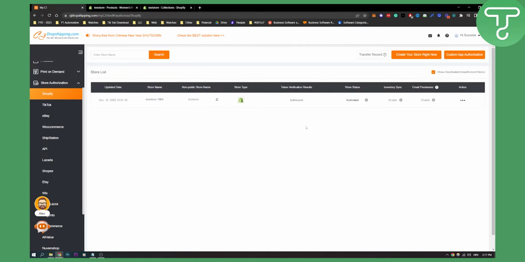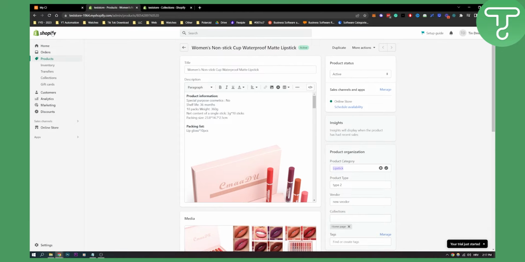TikTok is just a marketing channel, but you will need a storefront, a store that you can send people from TikTok to, right? You will need that, and probably the best way to do it is through Shopify. So as you can see, we have Shopify right here, and what you can do is go to your apps here and click on CJ Dropshipping,